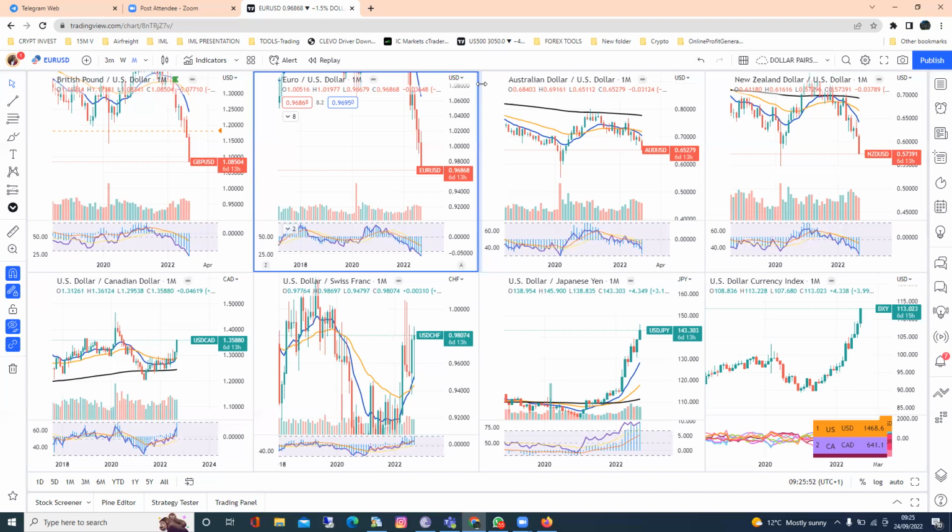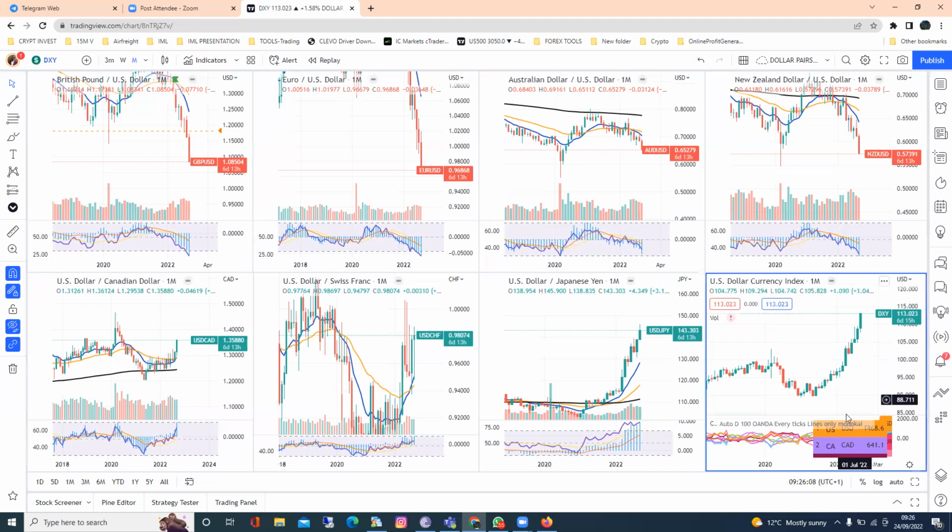All right, so the number one thing that I want to talk about in looking at the market in terms of strategy is understanding the power of strength and weakness. Okay, can everybody see this? It says US dollar currency index. Okay, and what this means is this: every pair on this chart,